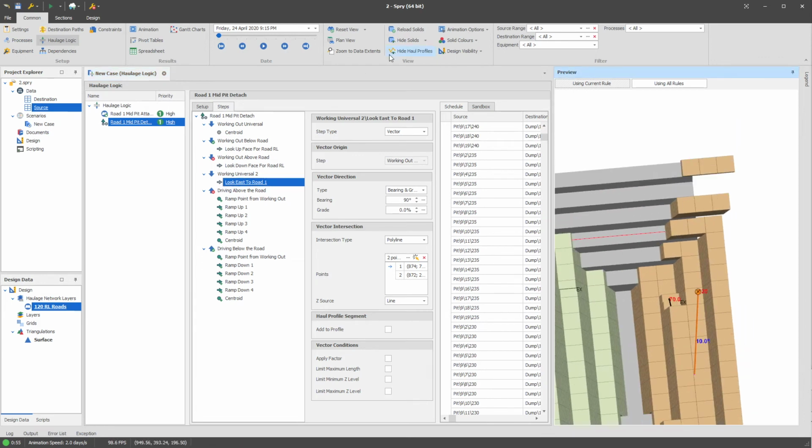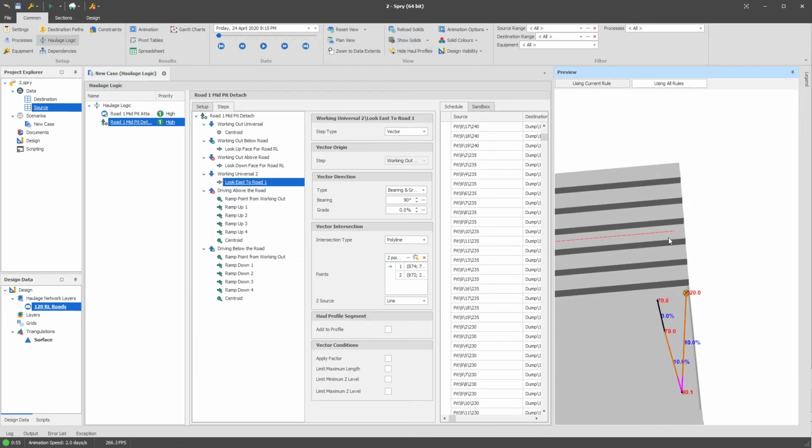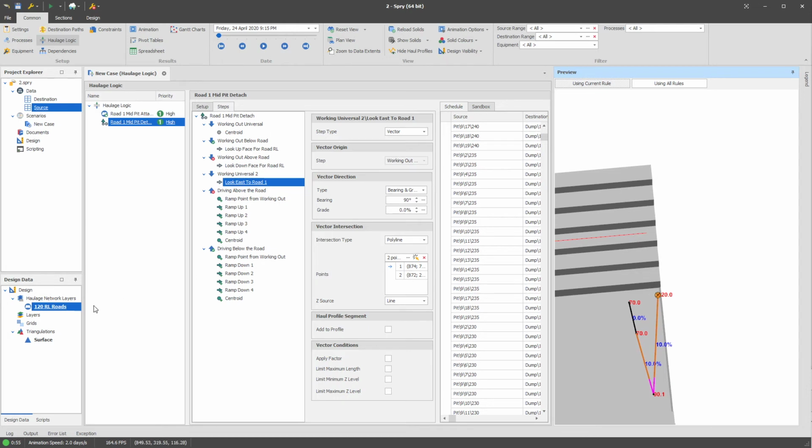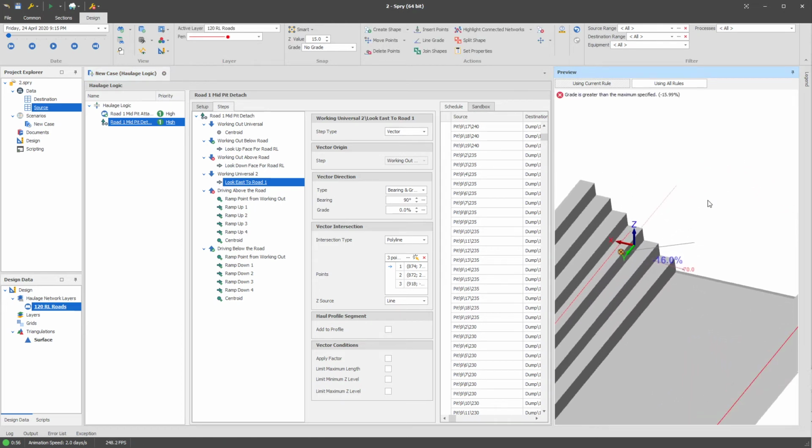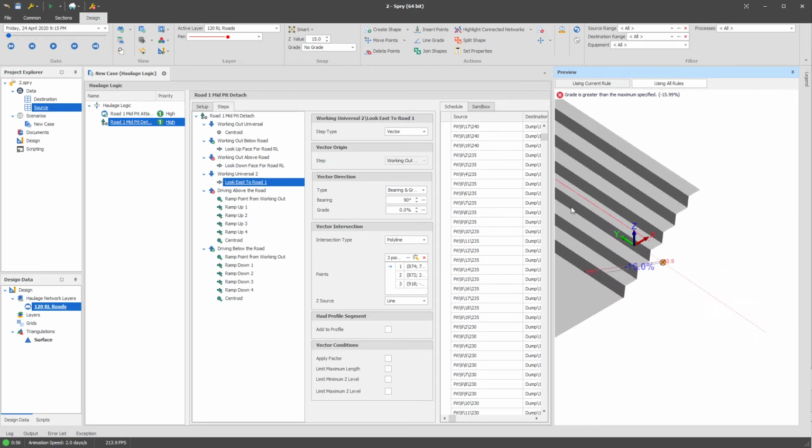It's just this little bit of the road here. It's on the dump side. It doesn't quite extend far enough. The easiest solution in the polyline is actually to add my own points to the polyline. So I'm just going to add another little point to the polyline here, and you'll see I find myself at the road